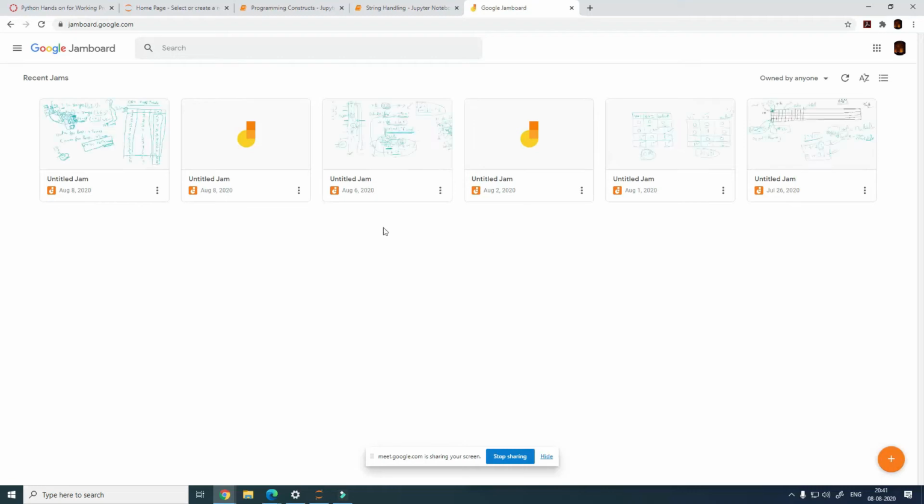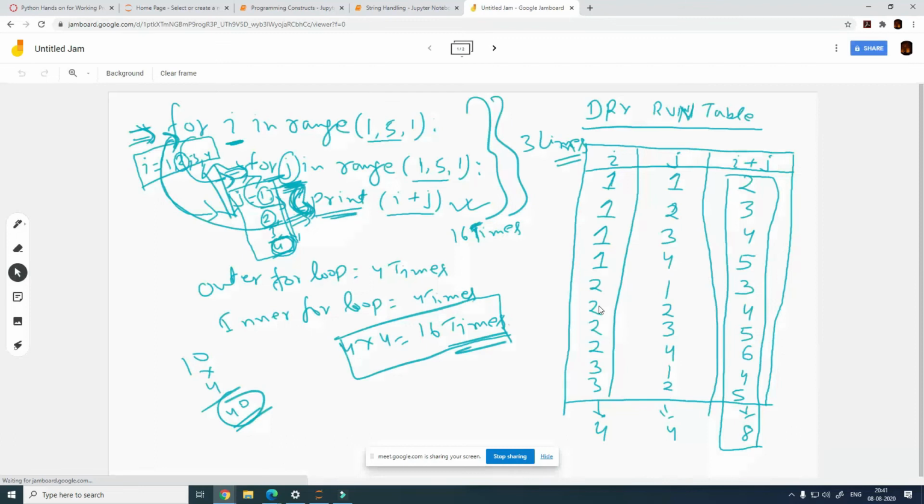This is very important for you to do yourself if you really want to be able to write program code on a piece of paper and have the confidence that when you execute it in the console, it is going to run. So it is very important for you to do the dry run and create these dry run tables by yourself. With this, we'll now move to string handling.